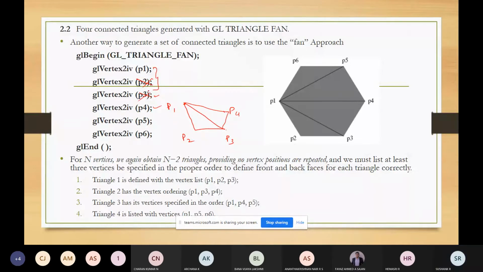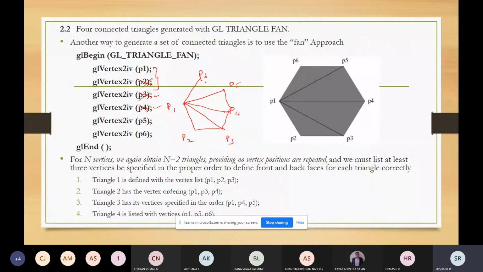After this, P1, P4, P5 is generated. After this, P1, P5, P6.